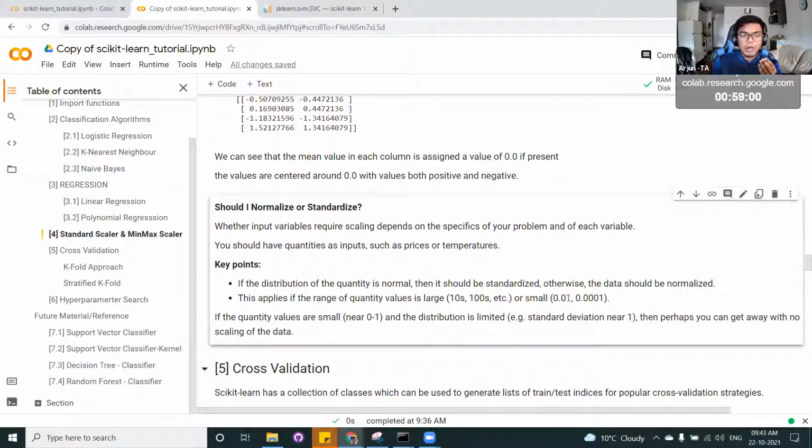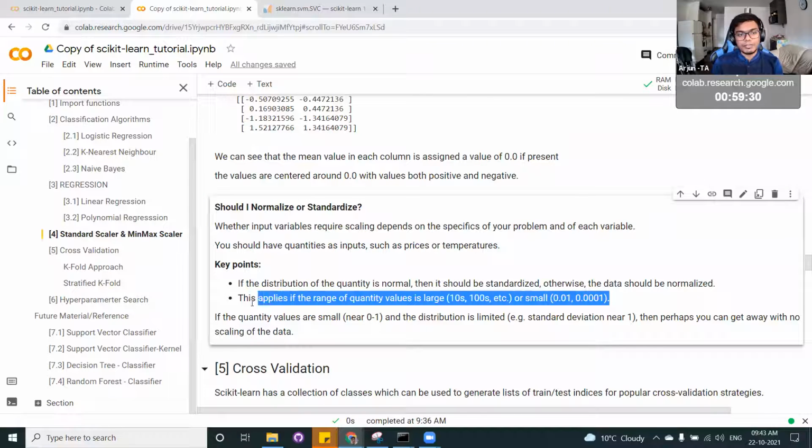And the second one is, how would you know whether this column needs a standard scale, whether this column needs to adjust the scale. If the scale is already near 0 to 1, then you don't need to do a standard scaler because it's already in a good scale. But if the values are in the tens, hundreds, or if the value is like 10 power minus 2 or minus 3 or minus 5, then if you have an input variable in this range, you should always try to bring it between 0 to 1 for better convergence and better